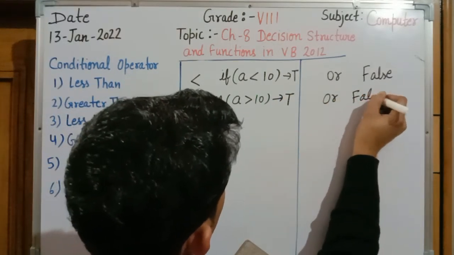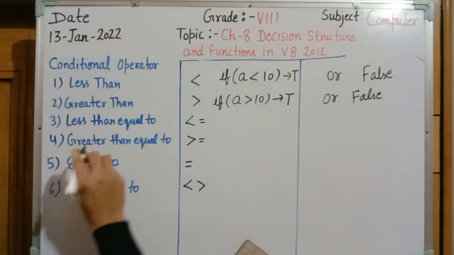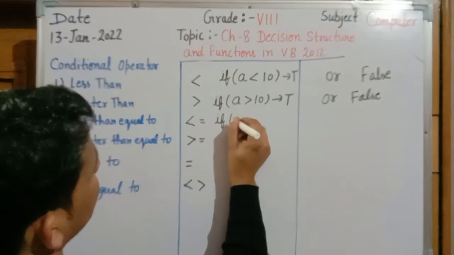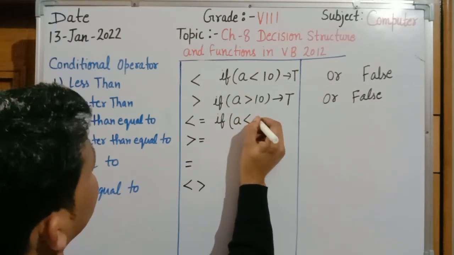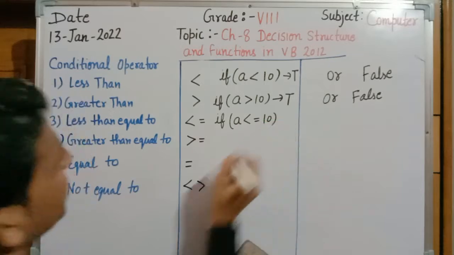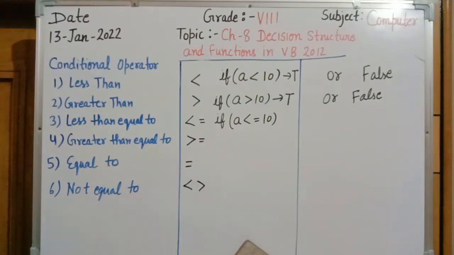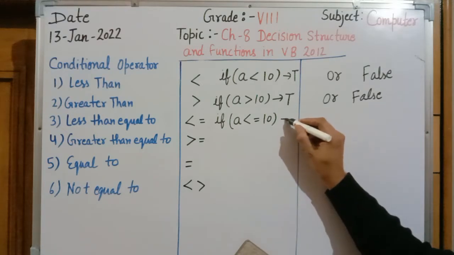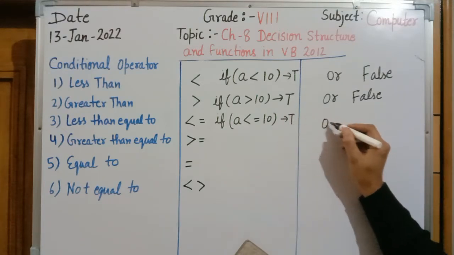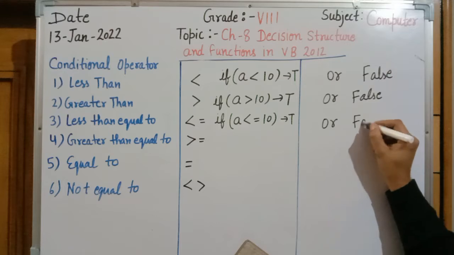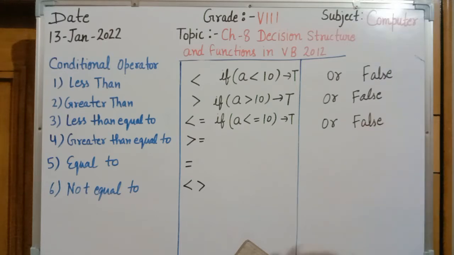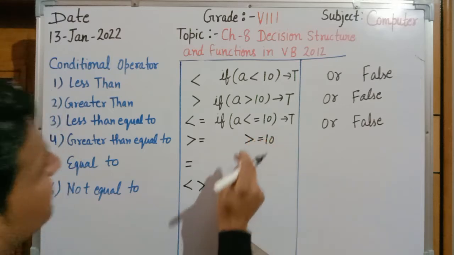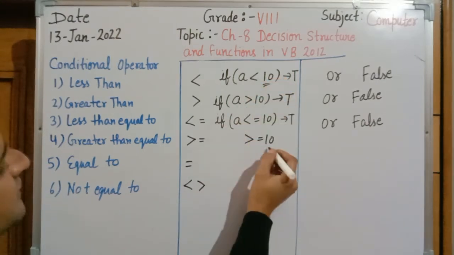If it is less than 10 or equal to 10, that is less than or equal to. If we are writing if a is less than or equal to 10, the value of a will be either less than or equal to 10, then the result will be true. If it is greater than 10, then it is false. Greater than or equal to, again the same case. The greater than sign is there, the difference is that here 10 is excluded, and here 10 is included.